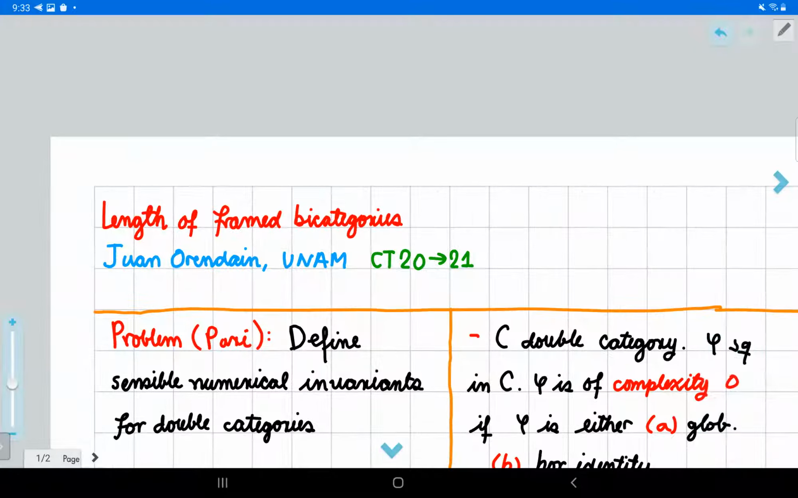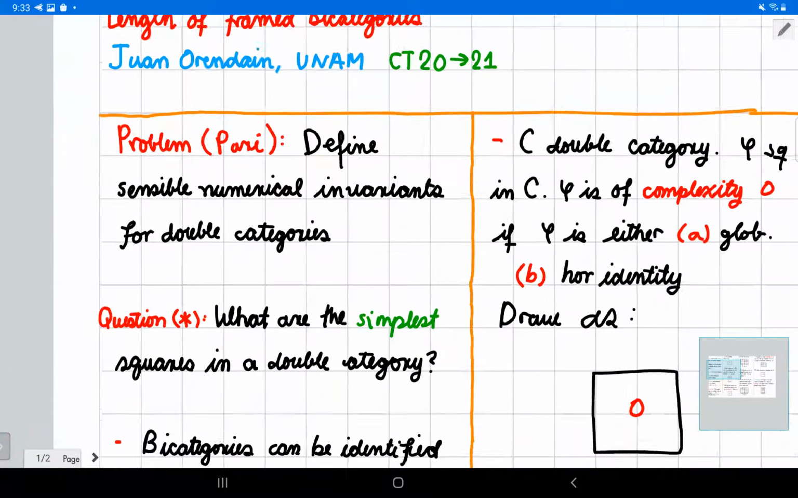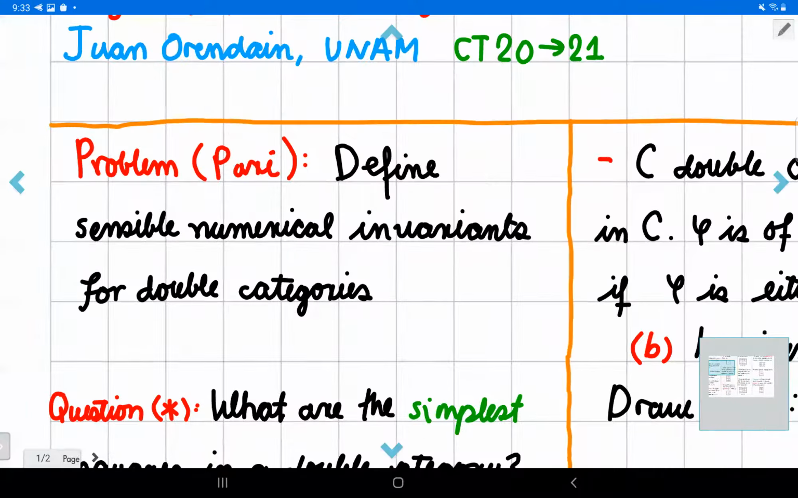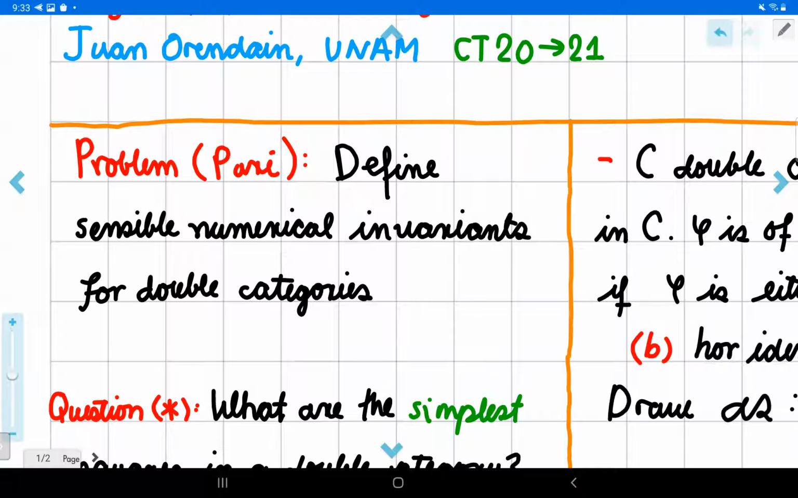So the title of my talk is Length of Frame Bicategories. My name is Orendain. I'm a postdoc at the National University of Mexico, UNAM. So the program that I'm going to be talking about today stemmed from the following problem posed by Bob Perret